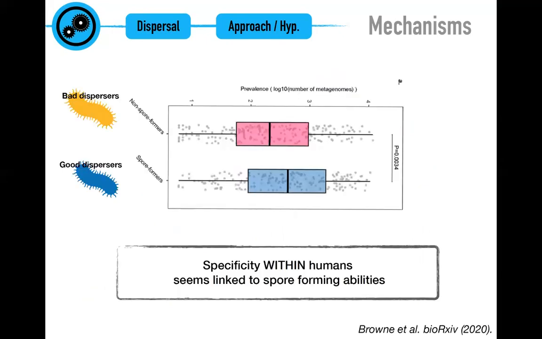What is interesting is that we observe that within species, within humans for example, the bad dispersers are actually less widespread in the human population than the good dispersers. It's measured by prevalence, but it basically means that the good dispersers are more widespread in humans than the bad dispersers. So it's encouraging, but does it also explain the specificity between species